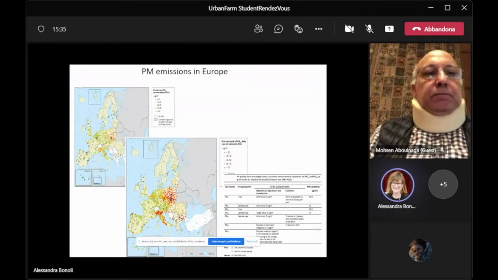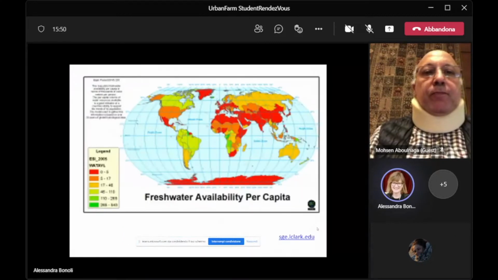Not only the global warming we are experiencing during our common life in the last years, but also the high level of pollutants in the air, and in particular, talking about water, the fresh water availability per capita that is reducing each year more and more in relation with climate change. And